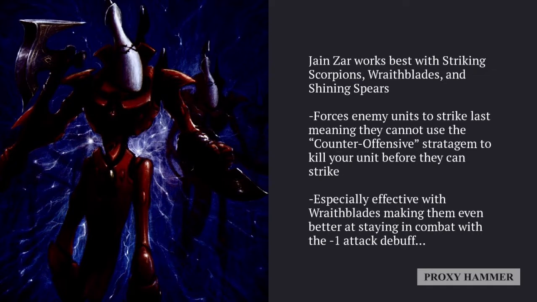And Jane Czar is equally good with Shining Spears and Striking Scorpions, because she simply allows for this ability where Shining Spears and Striking Scorpions don't have to worry about getting counter-offensived, or basically being counter-struck, right? So Shining Spears, they're one of their biggest weaknesses as well as this, because if they choose to charge into